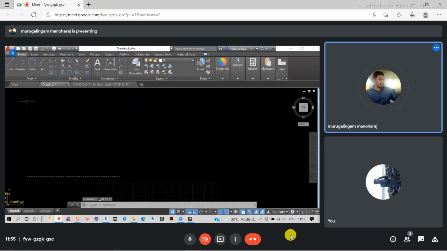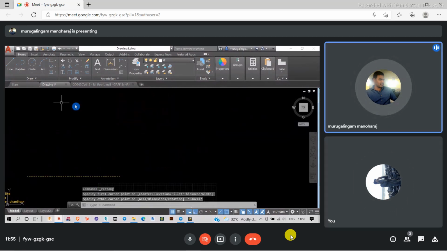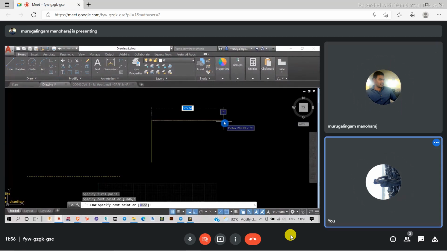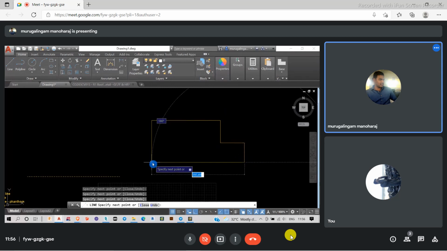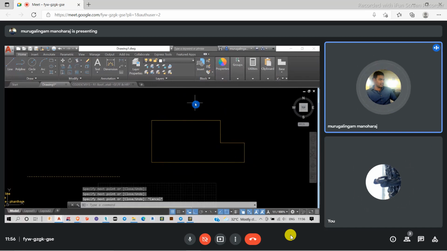For example, if there is a structure like this, and I want to take a section at some point, I have to draw a section line so that people seeing this diagram will understand they can take a section.